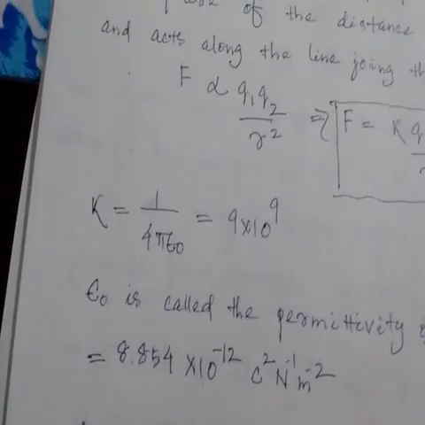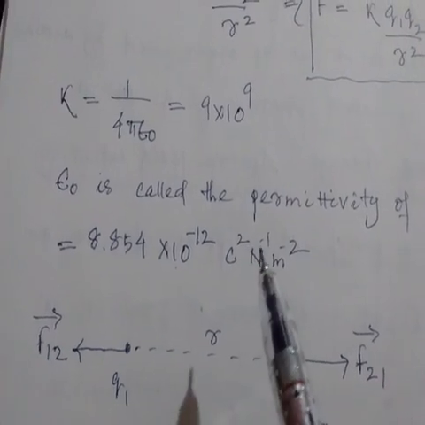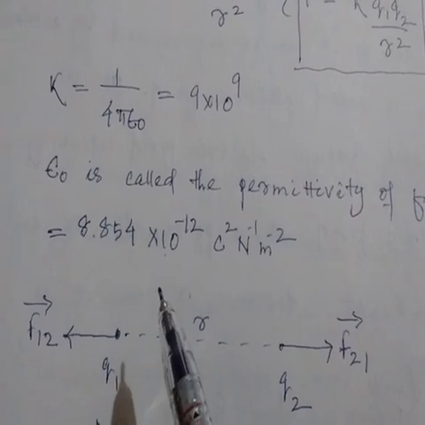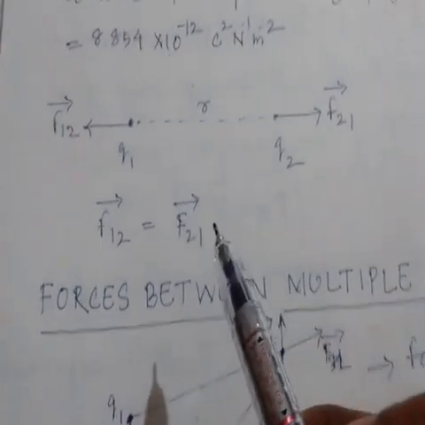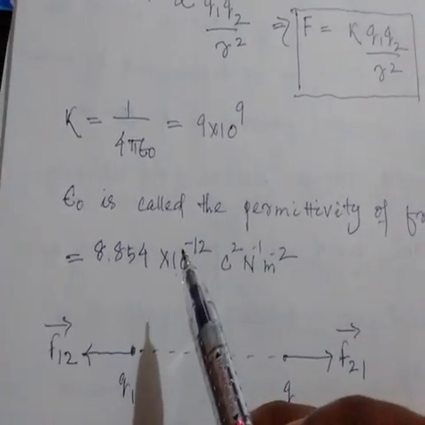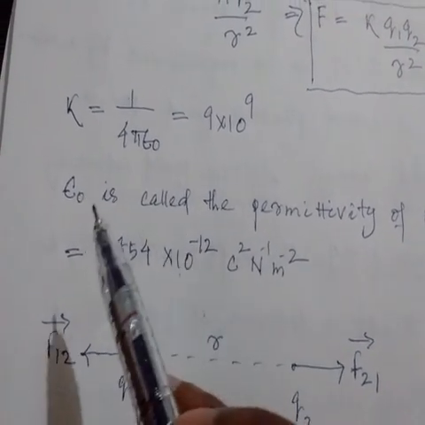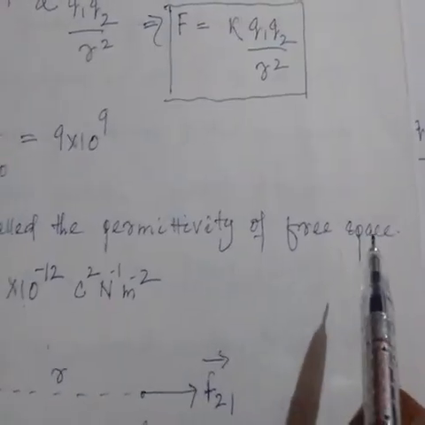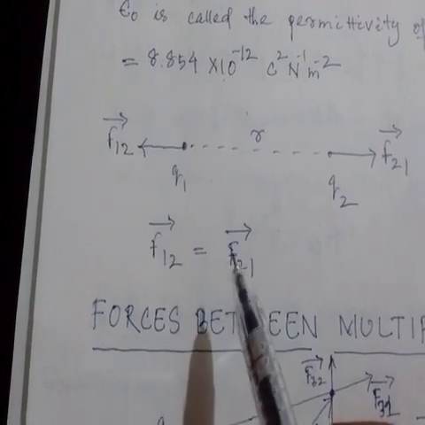Permittivity. Okay. Its value is given also. What exactly permittivity is, you will understand later on in the chapter, not right now. It will be explained whenever we go through dielectrics. So forget it for the moment, just remember its value and know what it is. It is called the permittivity of free space. That's all.